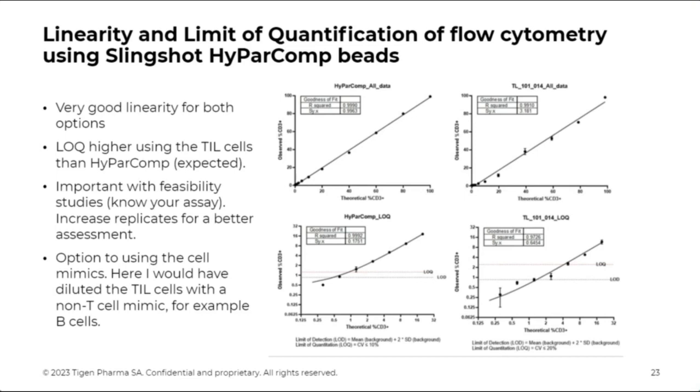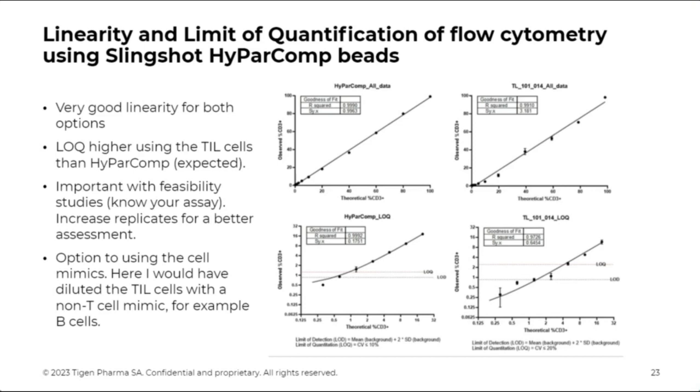It's when we're coming to the LOQ that they differ somewhat. The hypercomp beads are very clean, and they are the same all the time. They are very constant in your replicates. And we did this with replicates, and we assessed the LOQ by looking at the percent CV, coefficient of variation, between our replicates. And if the percentage CV in this case was higher than 10%, then they were excluded and not included, because then we say that they are not reliable.